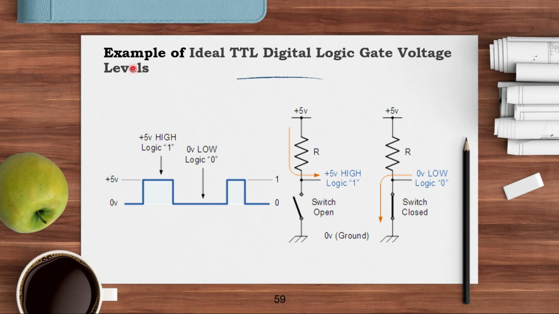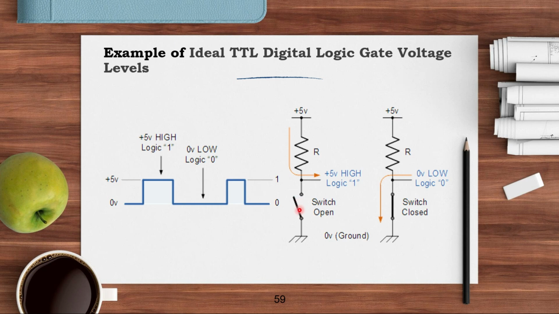Before that, let us discuss the concept of TTL, transistor logic, and how digital logic gate voltage levels work. We are talking about two ranges: either our signal will be around 0 or 5 volt. Around 5 volt it is 1, around 0 it is 0. When positive 5 volt is supplied to the circuit and it goes to the output, then at the output I get the same 5 volt. That means if my input is 1, the output will be 1.